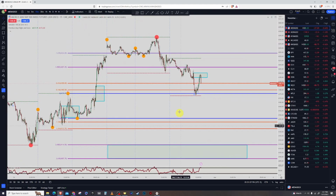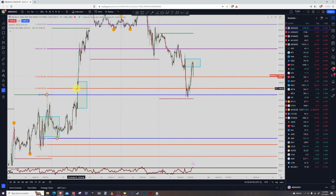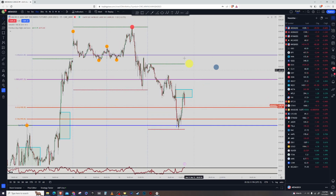As you can see from right here, we also still have this trade setup where price just busts through the 1.146 and the 1.414, and we look for price to come back to it. That could be the first entry. This is the second entry. For the first entry, the exit is the